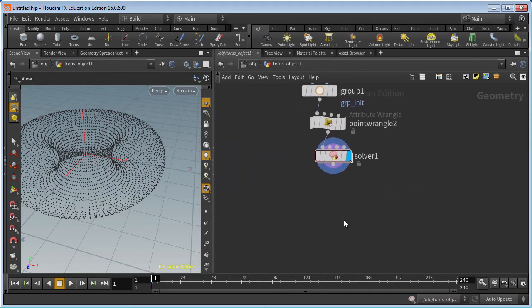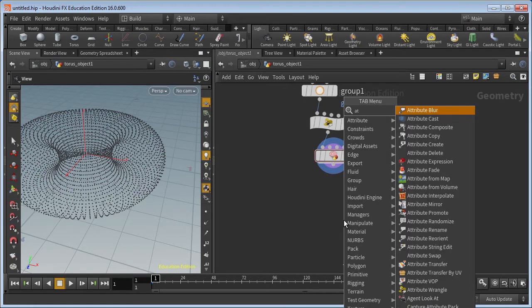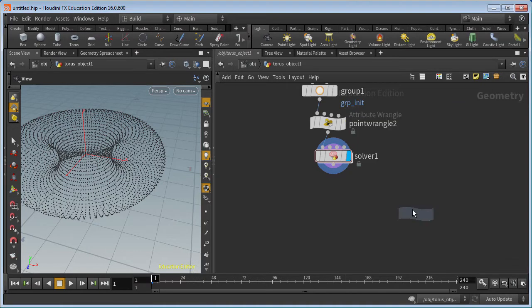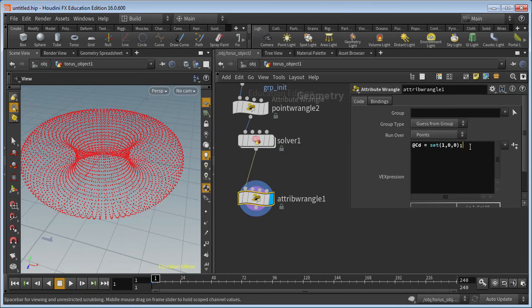The other thing we wanted to do was visualize this. So again, it was an attribute wrangle I think I used. And that was @Cd equals set(1,0,0). So I'm just setting the color to red. You can see there it's turned them all red. And then I said @Cd.r